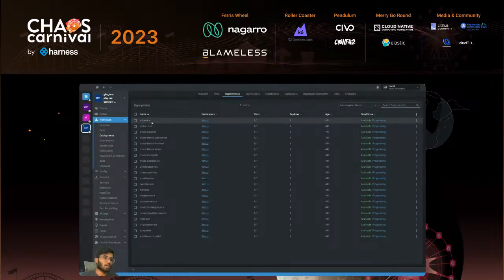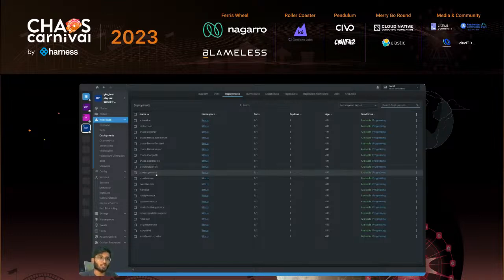So here we have the ad service, which is used to show the advertisement that I just showed. Then we have the cart service, which is linked to a Redis database. This stores all the information of the products that are inside the cart of a user, and we can use it to place orders and everything. Then we have the checkout service, which is the complete process of checking out, where it calls the shipping service, calls the payment service, and then calls the email service and everything internally, and then creates the